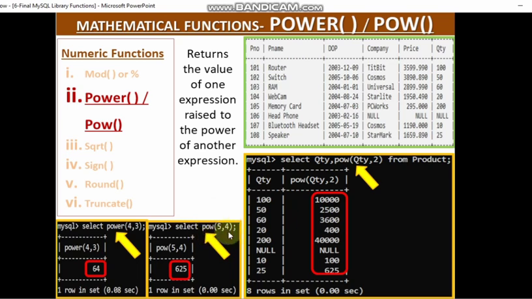Power 5 comma 4, that means 5 into 5 into 5 into 5. 4 times you are multiplying 5. 5 to the power 4. Answer is 625. 5 5 is 25, 5 is 125, into 5 is 625. So see here,